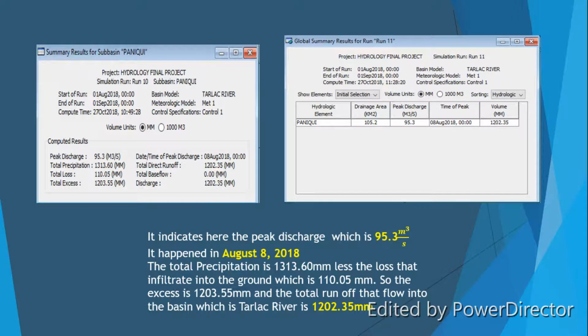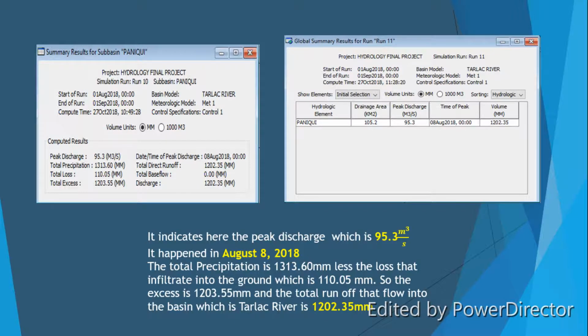The summary of results for Sub-Basin Paniki. It indicates here the peak discharge, which is 95.3 cubic meters per second. It happened on August 8, 2018. The total precipitation is 1,313.60 millimeters, less the loss that infiltrates into the ground, which is 110.05 millimeters. So the excess is 1,203.55 millimeters, and the total runoff that flows into the basin, which is the Tarlac River, is